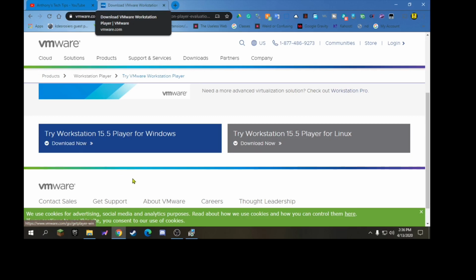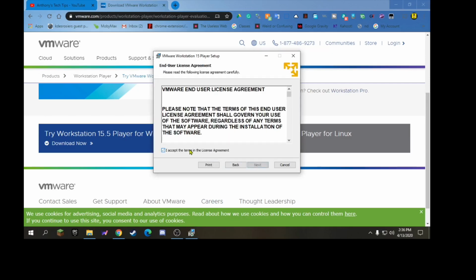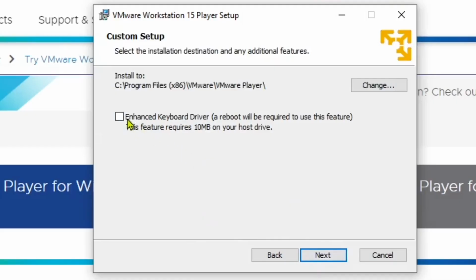Okay? So once this is done downloading, open up the file and hit next and hit I agree. You can go through this if you want, and you can enable this if you want. It doesn't really matter, but if you run on some platforms under this, you can enable that. So what you want to do is hit next,